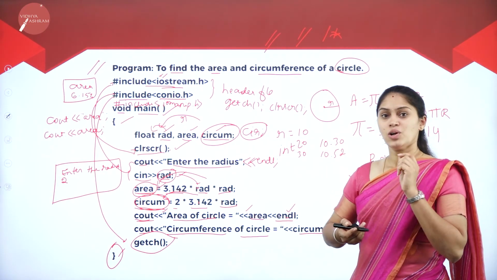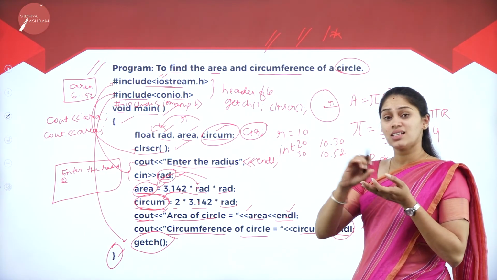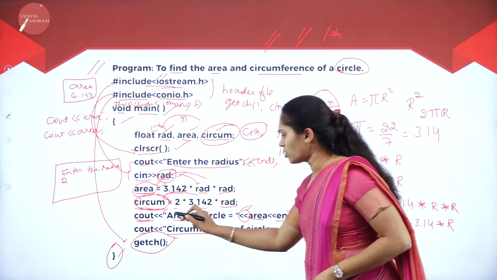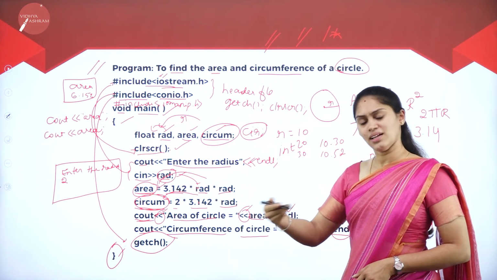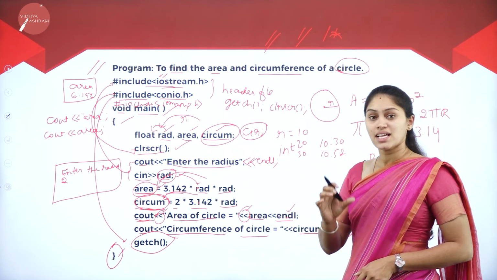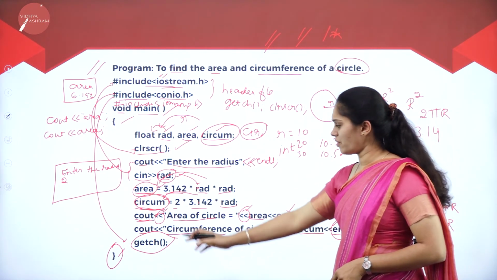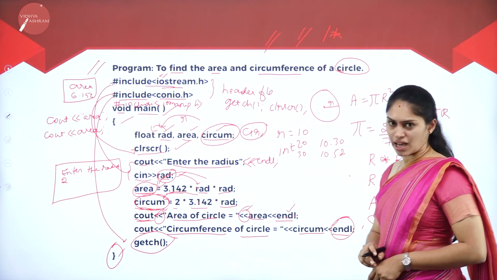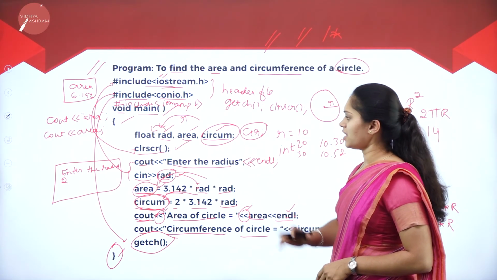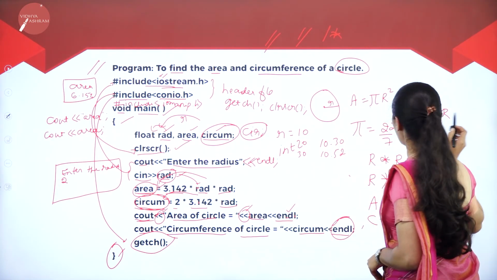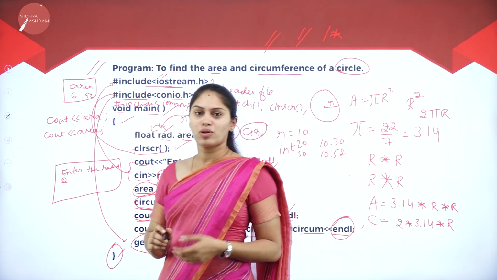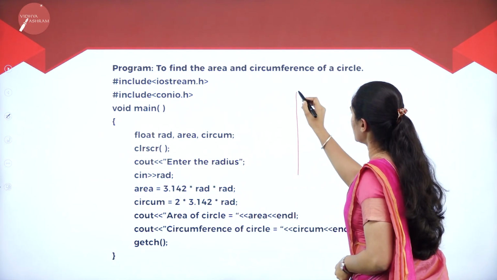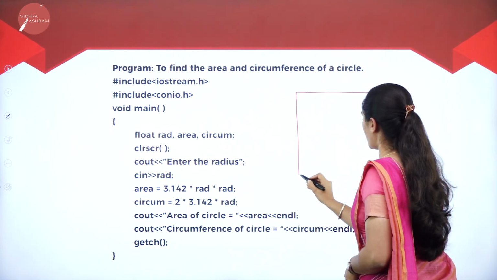We have more than one cout statement in a single cout statement. We use the insertion operator more than once in a single cout statement, and we call that cascading of the output. For that we use these operators and these endl manipulators. So what will be the output for this program now? Let me erase this to show you how the program will look. Consider this as an output screen.